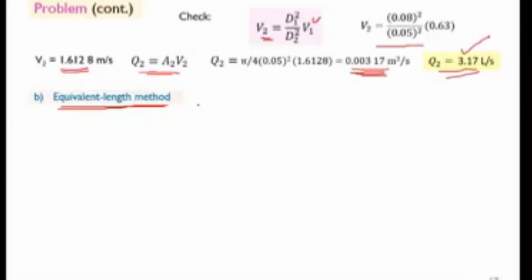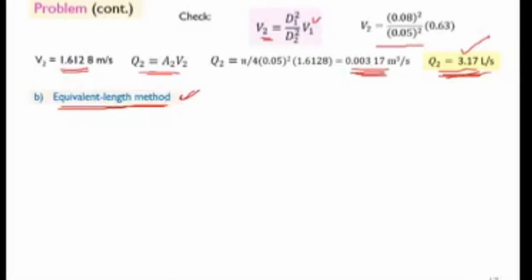Because we discussed that there are two methods that we can apply to solve this problem when the pipes are connected in series. For case 2, the head loss is given and we are required to calculate the discharge. So as I said, this much of the problem is sufficient. We already got the discharge, but we apply this second method to check whether we get this discharge or not. And as I said, in the eighth edition, for example, of the book, older editions of our textbook,